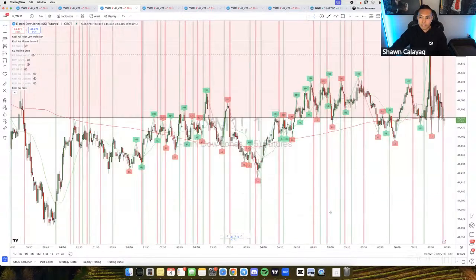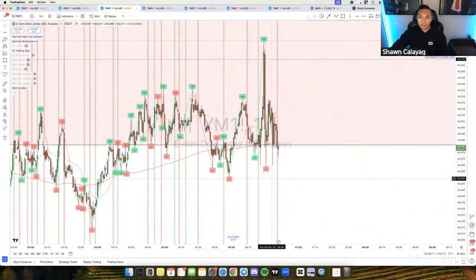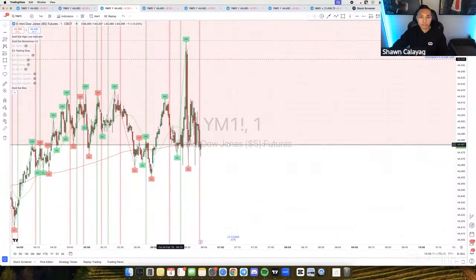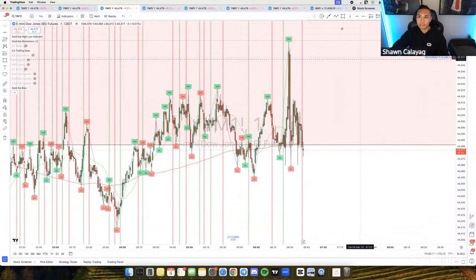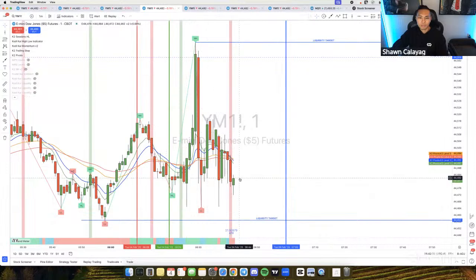Basically we want price to be below this area, and we want this bias here to close below it as well, or to basically swing below it. If we want to take sells here, ideally the best case scenario is going to be down here, away from this box, and price is finally down below this area. We had a sell signal here close. There's still no confirmation with price action regarding the